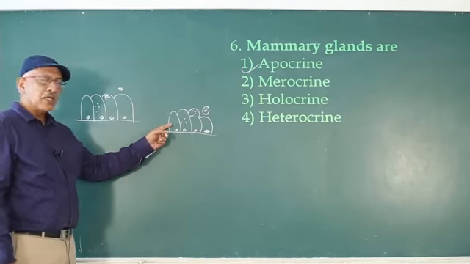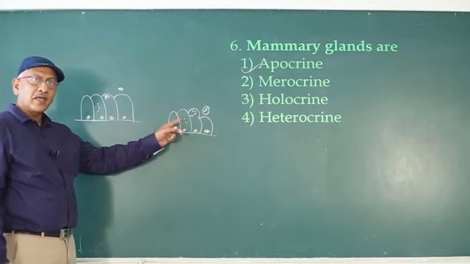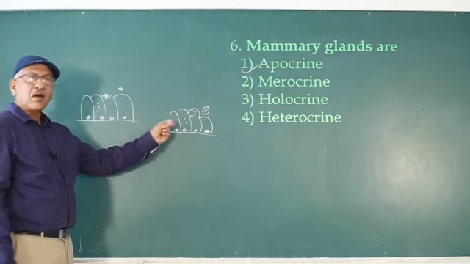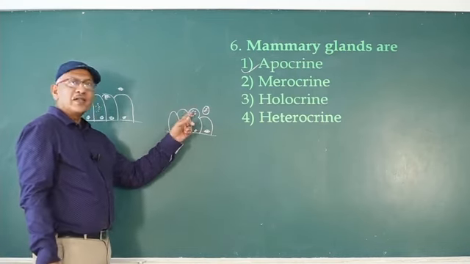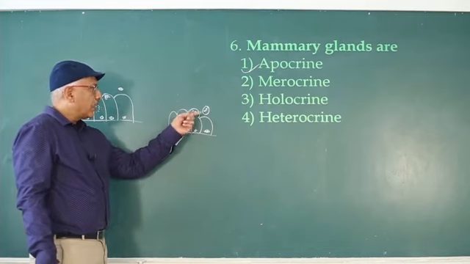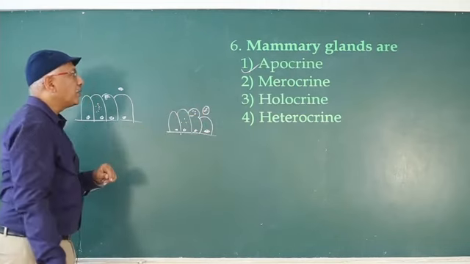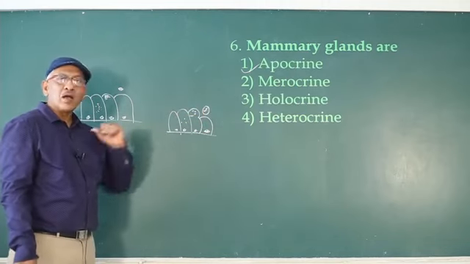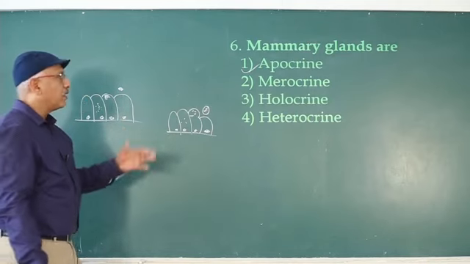In the first diagram, the cell is not releasing any secretion. In the second diagram, the cell starts releasing secretion. In the third diagram, the secretion reaches the apical part, the terminal part. So now the terminal part contains secretion, pinched off, separated. What is apocrine? If the cell loses the part that contains secretion, it is known as an apocrine gland.